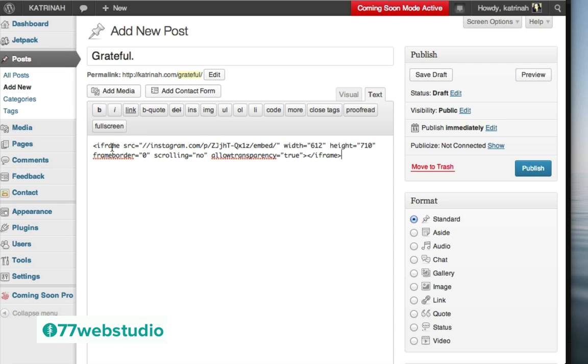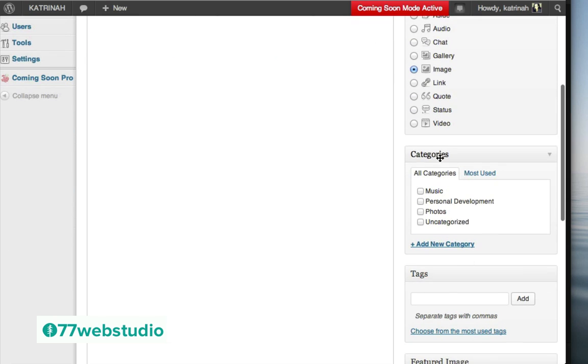Once all the code is added, the Instagram embed code, on the right hand side where it says format, I want to choose the image format right here by clicking on the radio button next to image. Next, you can scroll down, and once again you can give your particular post a different category or a tag. I'll just call it Grateful,